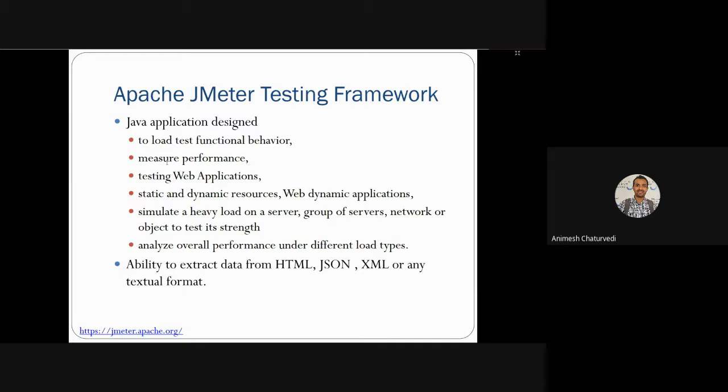Then you have the overall analysis of performance under some load type. So this type of thing you have to do. Then you have the ability to extract data from HTML, JSON, XML, and any textual format. So you have these Apache JMeter testing framework features.